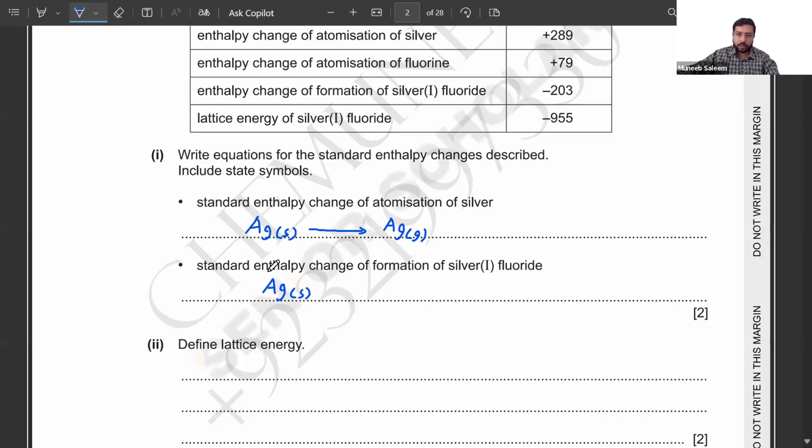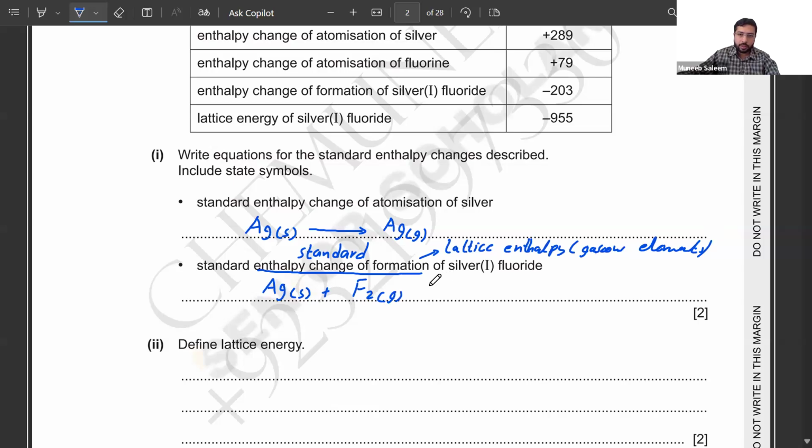When we are discussing the enthalpy change of formation, then all the elements must be present in their standard form. We do not say the gaseous form, because if it was considered as gaseous, then that would have been the lattice enthalpy, which in this case it is not. Lattice enthalpy requires all the elements in their gaseous form, gaseous elements, all of them. So for enthalpy change of formation, Ag is in solid form plus fluorine gas, which is already in the gaseous